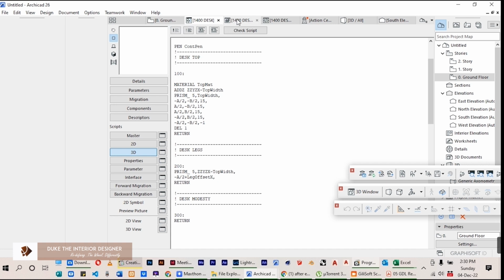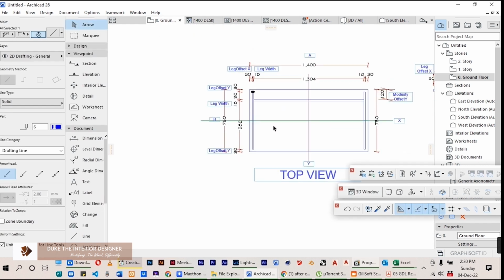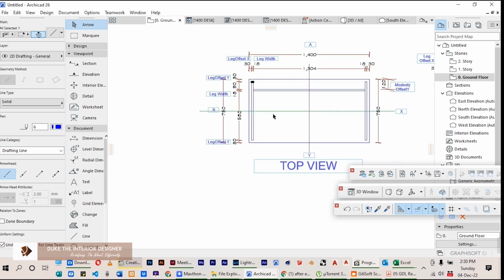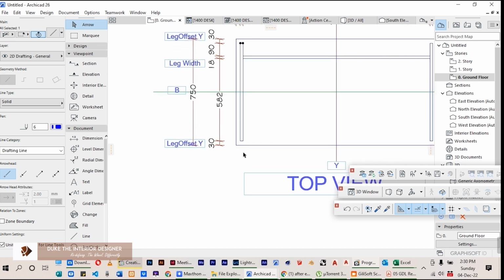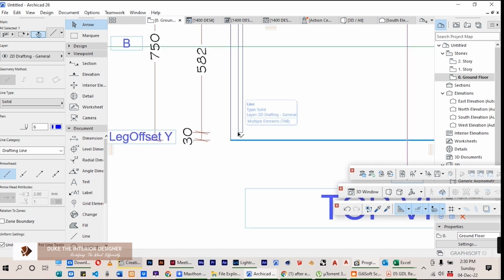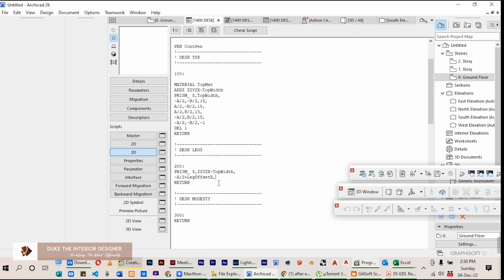Let me see, yes, leg offset x. And in terms of b, it is b, half of it, but in the negative. So it's minus b divided by 2, and then again remove this distance from here to here, which is leg offset y. So minus b divided by 2 plus, and copy this, leg offset y, comma 15 for masking. Copy this,